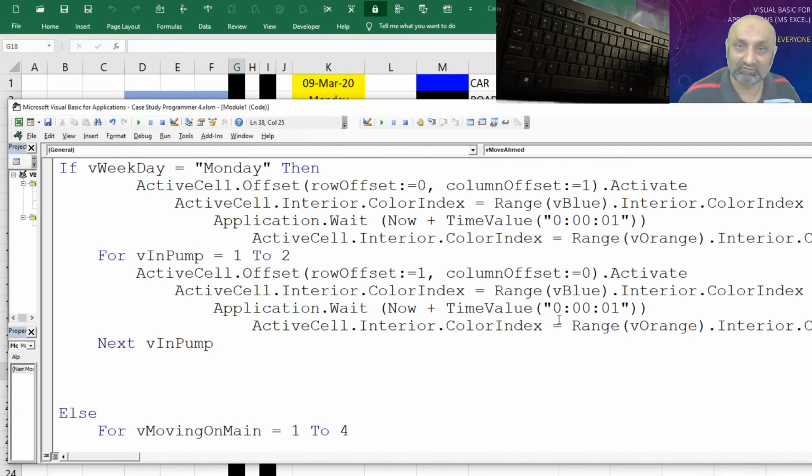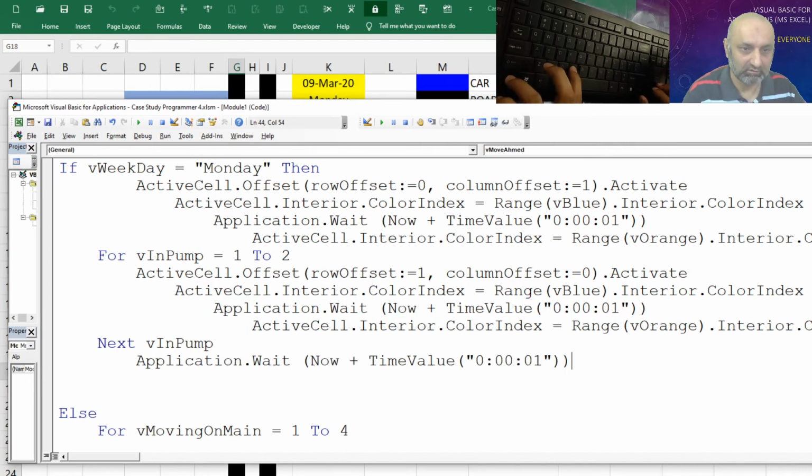If you are not asking, it will not do what you want. So you have to ask. So after 2 steps down, there should be a wait for how much time? For 3 seconds.